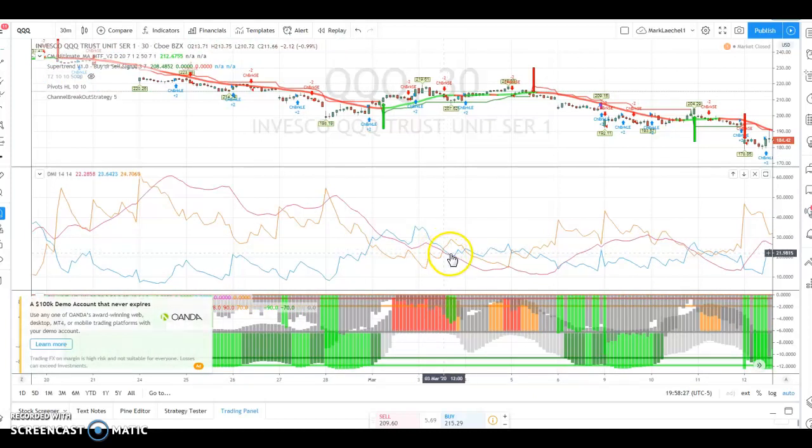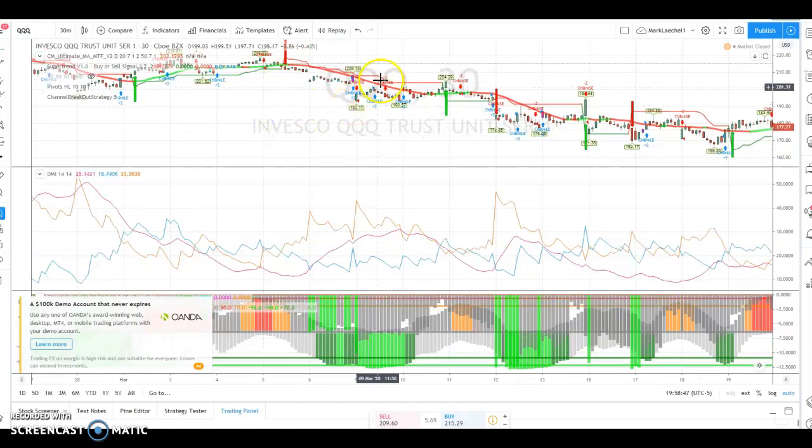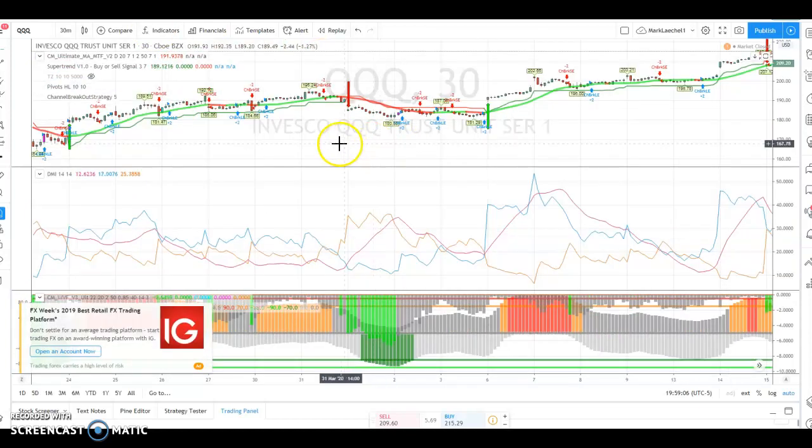Okay, they both leave the purple zone, and things start to flatten out. But here's the setup again. You have this under 20. This ducks in, and all of a sudden this starts to go. So again, a good time to start looking. You don't want to jump in the middle of a color. You know what I'm saying? Because jumping in the middle of a color, all of a sudden it could change to another color, and then you're getting whipped around. A good time to start doing this is when you just have a color change, or even better, an even better time to get in would be before market close on a day where it changes,